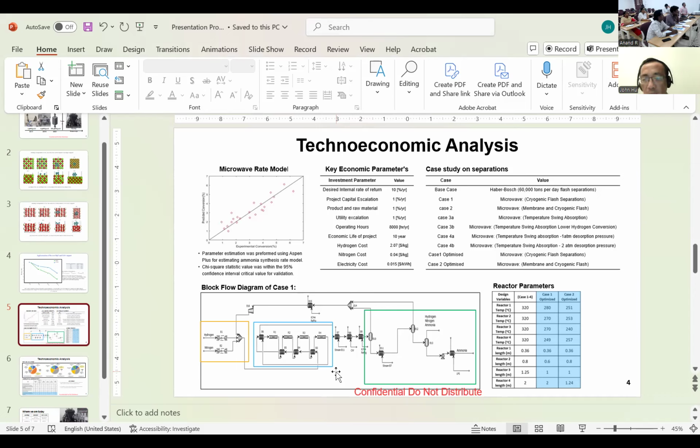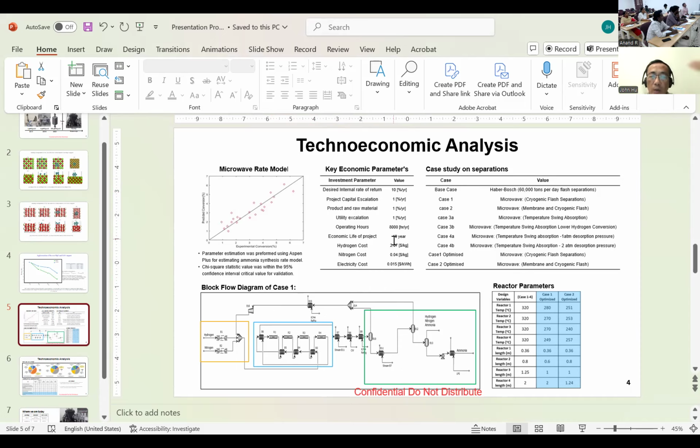If you look at this slide, that really shows how detailed we conduct the economic analysis. Basically, we do the estimate simulation. If you're familiar with Aspen Plus, then we have all of our assumptions: how much the cost, economics, utility cost,